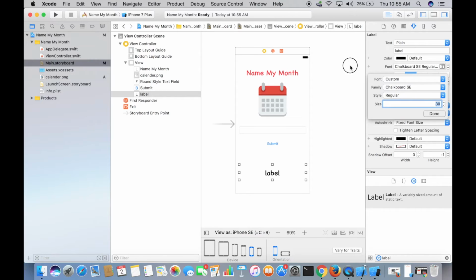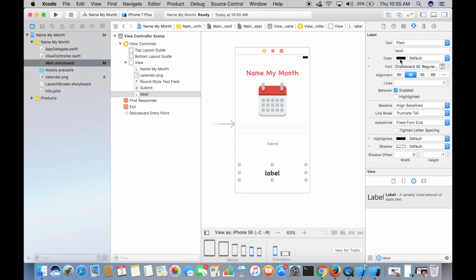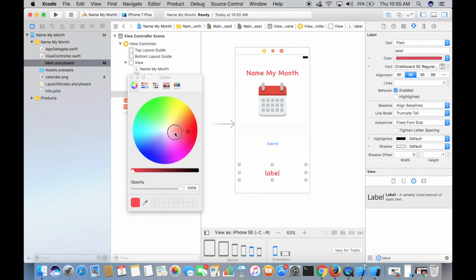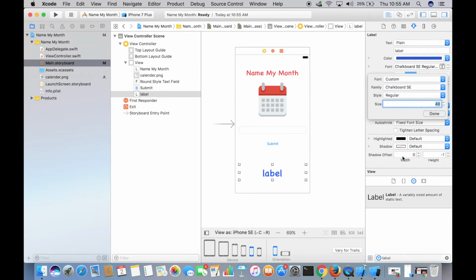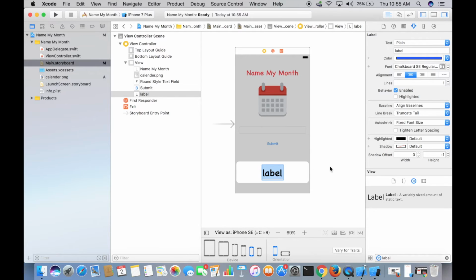Let us just select a color. Maybe blue. Yeah, great. Looks great. Done. Now, okay, let's change the size to 40. Oh, come on. 40, 40. Done. Now, quickly double click on this to erase this